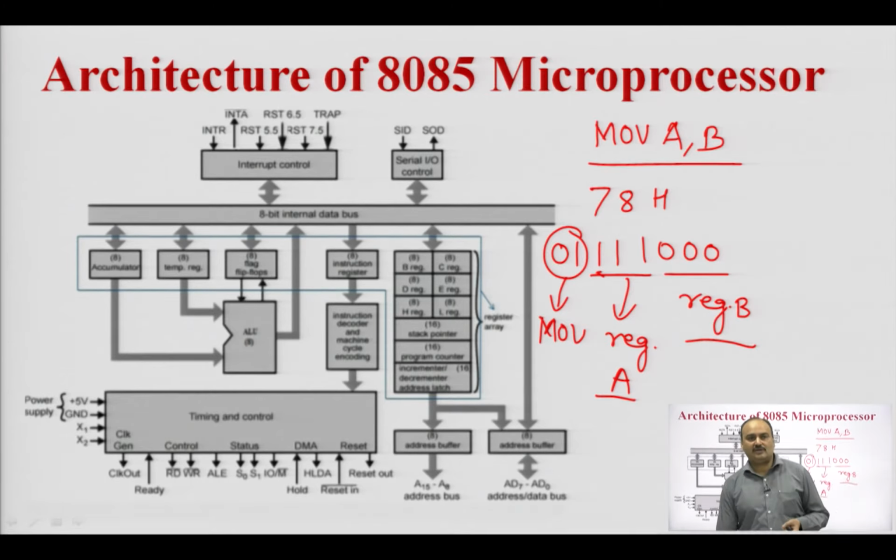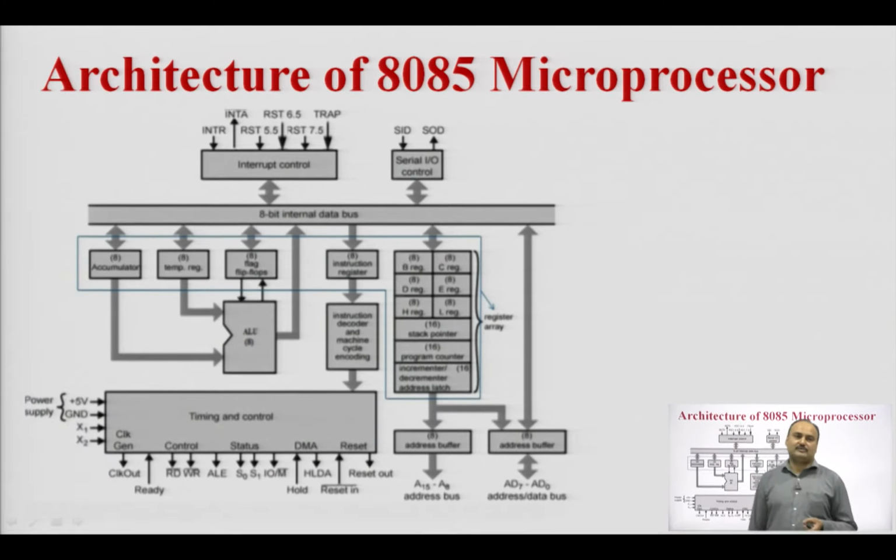Next is the interrupt control unit. In the 8085 microprocessor, we have 5 hardware interrupts. These interrupts are TRAP, RST 7.5, RST 6.5, RST 5.5, and INTR. These interrupts are classified into 2 types, that is, the non-maskable interrupt and the maskable interrupt. A non-maskable interrupt is the interrupt having the highest priority. The request of that interrupt will never be ignored by the microprocessor, meaning the microprocessor will immediately respond to the request of this interrupt when it occurs on the particular pin of the microprocessor.